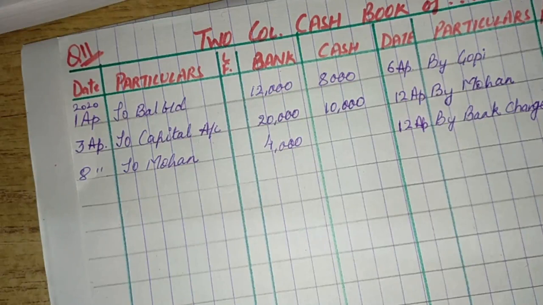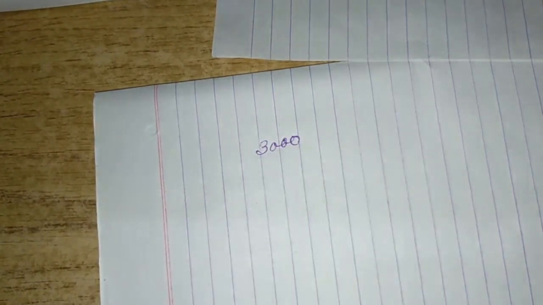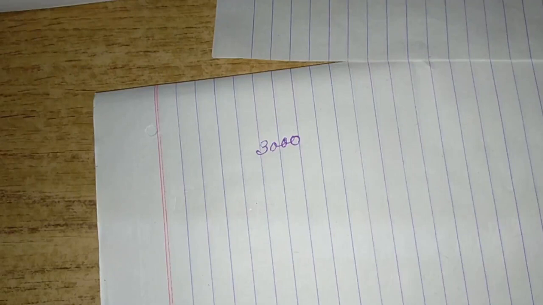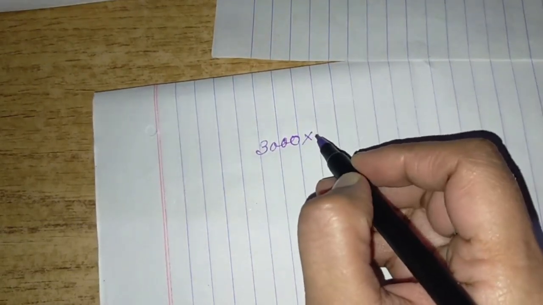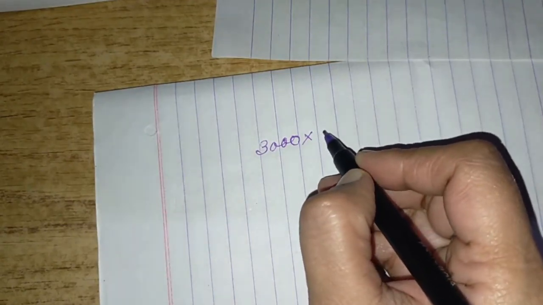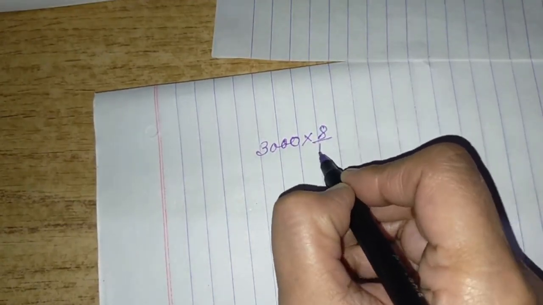For this, I have to frame a journal entry and show it to you. So first, I will frame the journal entry and then I will show its impact on the cash book. So let's do a little bit of calculation here. 3000 is the amount of bill. Now I want to get this amount before the time period. मतलब कहने का वैसे तो हमारे पास 3 months का time है, but I want money today only. So I will go to the bank and will ask the bank to discount it. Now bank will ask us to pay at the rate of 8%